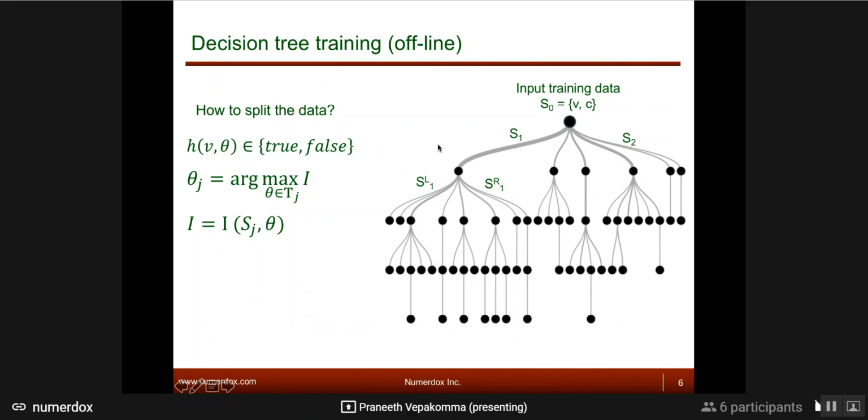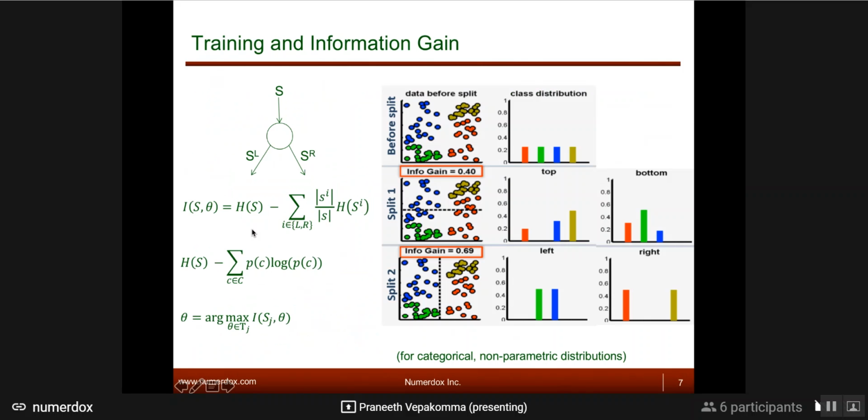Sj denotes subsets of your data, basically. So it's basically your data sets. So going forward,